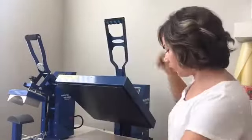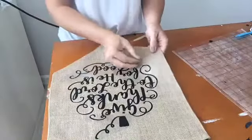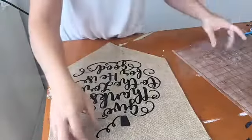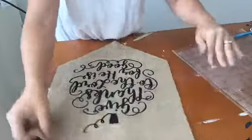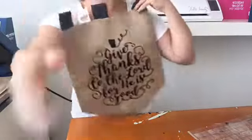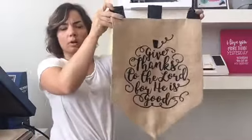Okay. Back here. And let's peel these carrier sheets off. Okay. And there we go. Here. There you go. Cute little burlap flag that you can hang in your garden or give as a housewarming gift or just because you're an awesome neighbor gift,